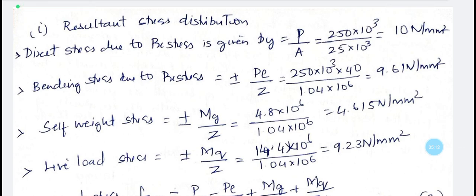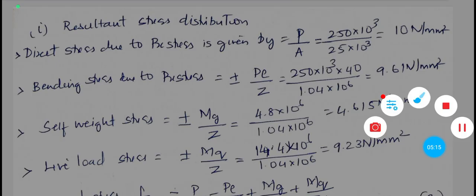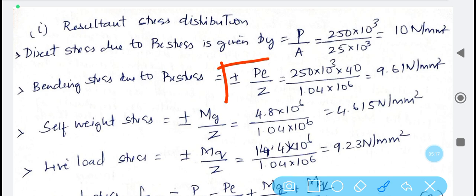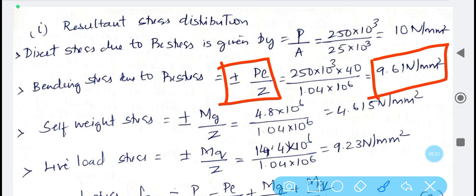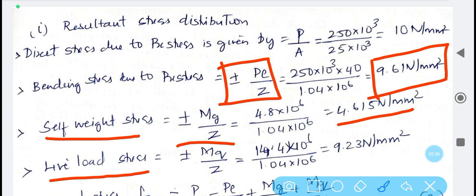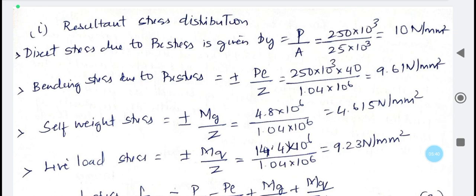And bending stress due to pre-stress is given by plus or minus PE by Z. After substituting all the values, it is obtained as 9.61, and bending self-weight stress is calculated as plus or minus mg by Z. 4.8 into 10 power 6 divided by substitution of Z value, it gives 4.615, and similarly live load stress is calculated as plus or minus mq by Z, and it is obtained as 9.23 Newton per mm square,